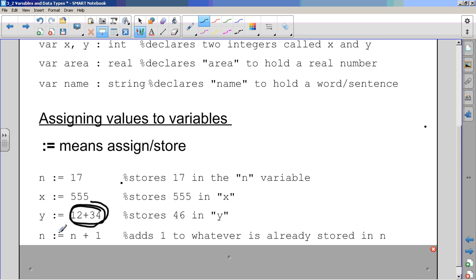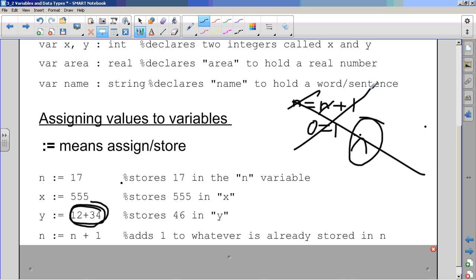N colon equals n plus 1. In math, by the way, if this was math class, that statement there is a little bit silly, right? Because if we were trying to solve for n, we'd subtract n from both sides, and then we get 0 equals 1. And then we get a confused look on our face, right? Because what's going on there? Don't know. That doesn't make any sense. Well, that's not what it means in computer science. Remember,